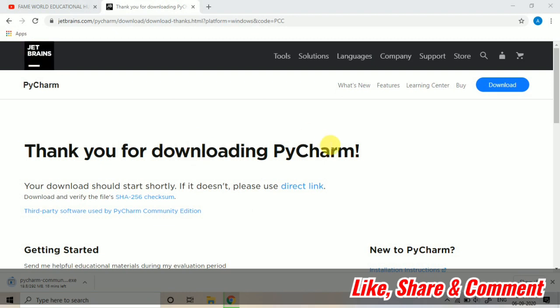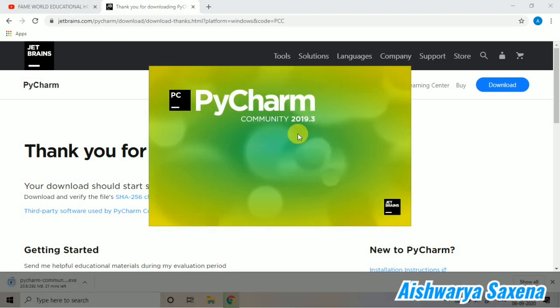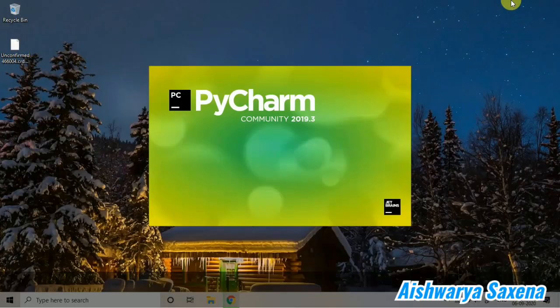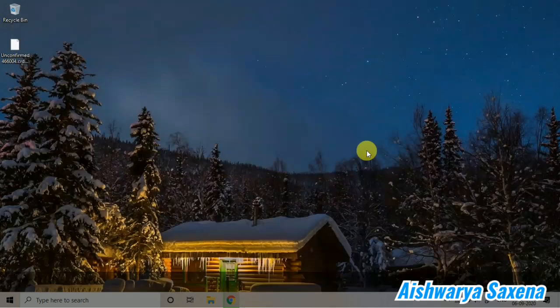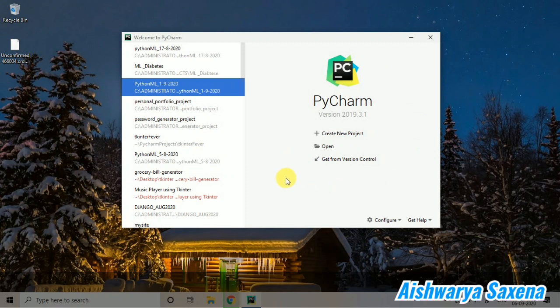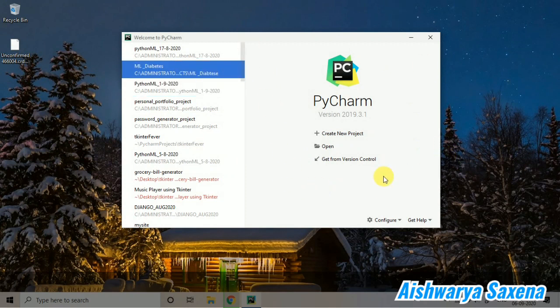So if you have installed PyCharm before and you are working on some project, this screen first of all will be coming. So you just have to cancel and start a new project. And if you have installed this for the first time, you can see this particular window will be appearing in front of you.